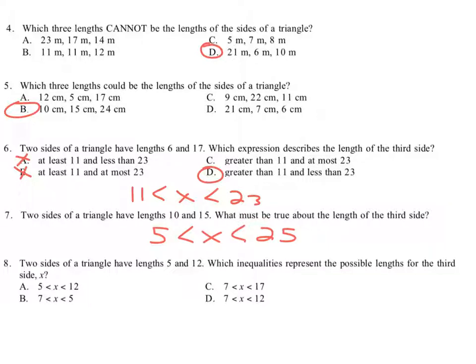Okay. Now, two sides of a triangle have a length of 12 and 5. Let's do our trick. So our trick says that we need to subtract them for the smaller number. 12 minus 5 is 7. And add them together for the bigger number. 12 plus 5 is 17. So we know x is going to be somewhere in between those numbers, but couldn't be equal to them. And so we get C as our answer. That's those problems we're